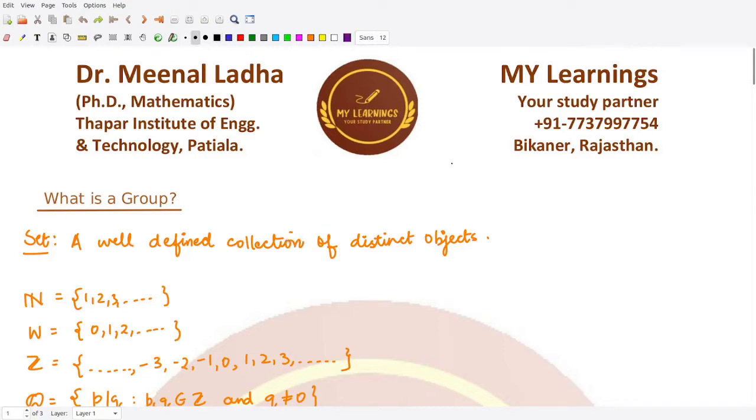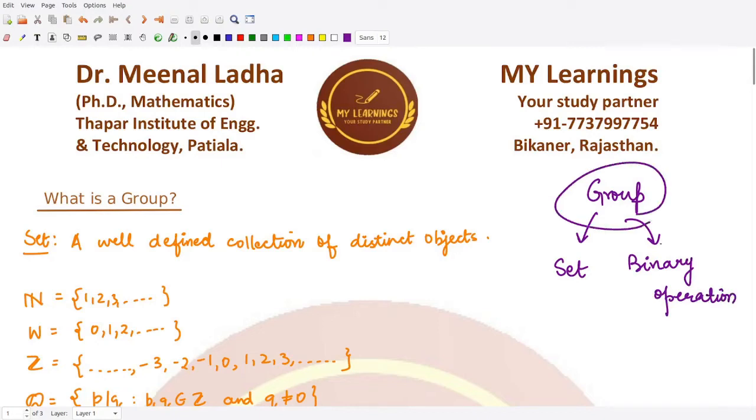So first of all, in order to define what a group is, it basically consists of two things. One is a set, another one is a binary operation. When we take these two things into account together, then that together with a few conditions forms a group. Now let's see each of these things in detail and recall what we already know about them, right?